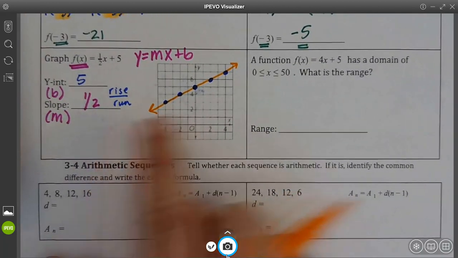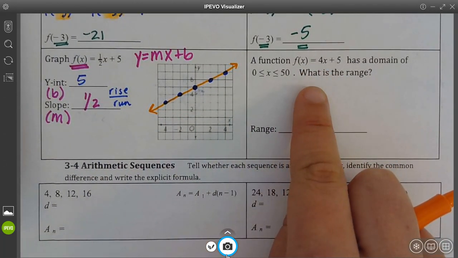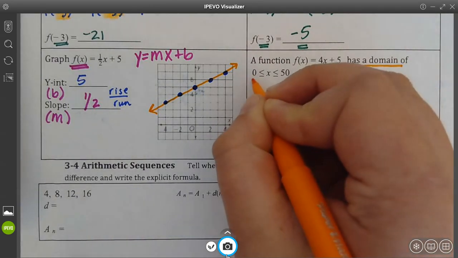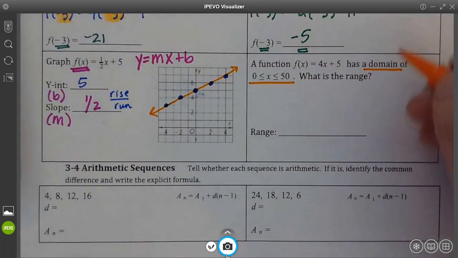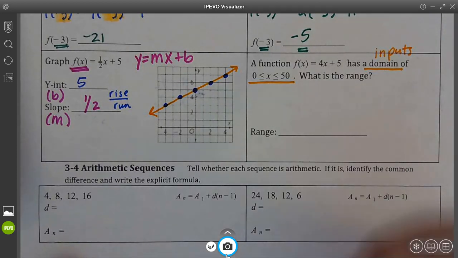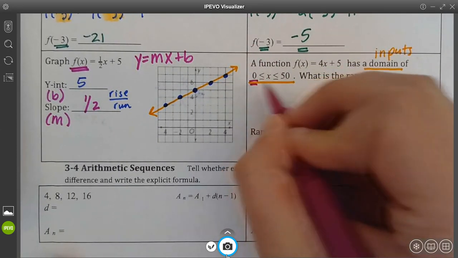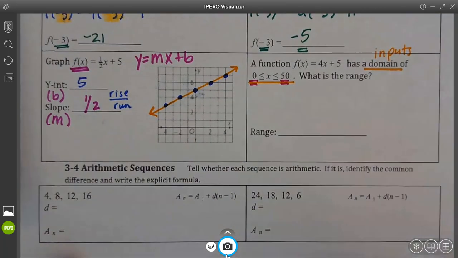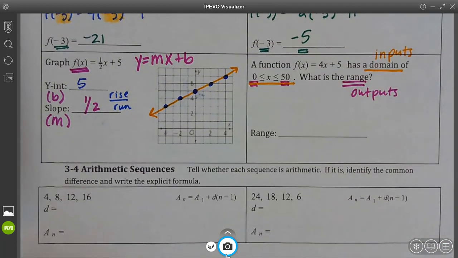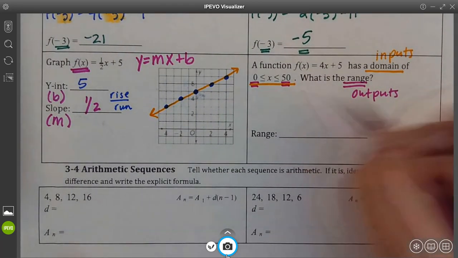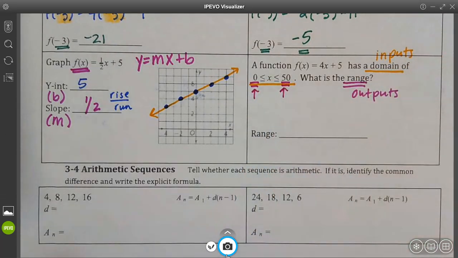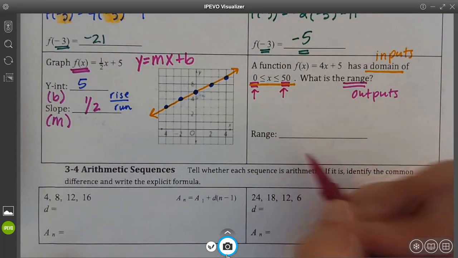Something that we can classify an equation by a little bit different. We can classify the domain and the range as an inequality. We know we can think of the domain as the inputs. So if we're given the inputs and the numbers that we can put into our equation, the range, what we want to find is going to be our outputs. And this is where function notation is going to come in handy. We are going to input my two values of my domain, and I'm going to classify my range with what